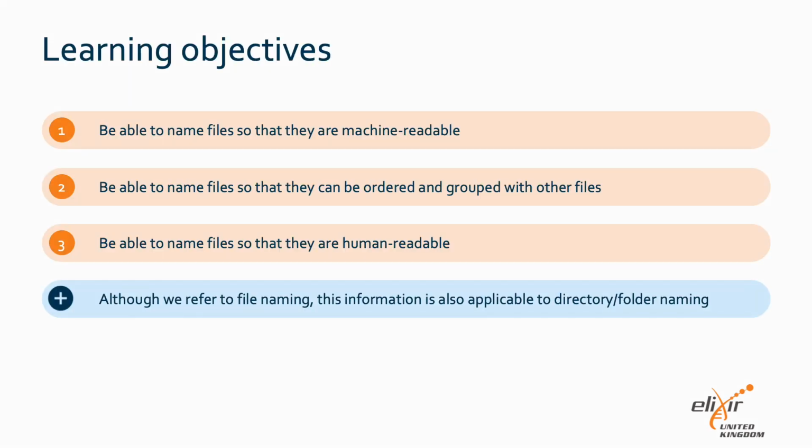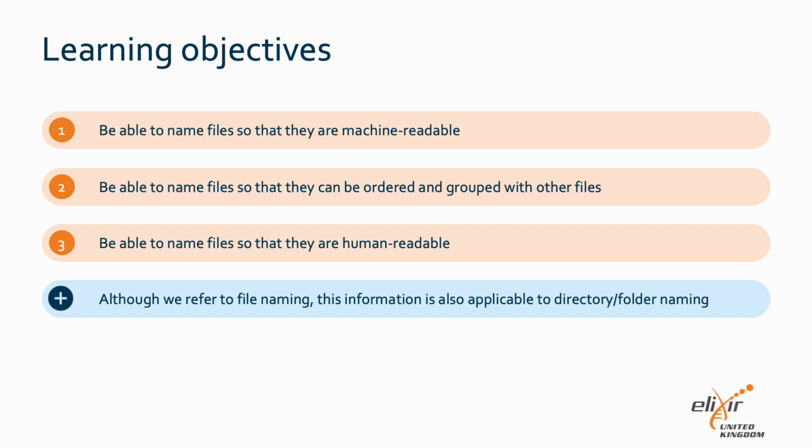In this RDMbite, I will show you how to name your files so that they can be read and interpreted by yourself and others. This includes file names that are both machine-readable and human-readable, also using punctuation to be able to order and group sets of files. Although we use examples of how to name files in this RDMbite, this information can also be used to name